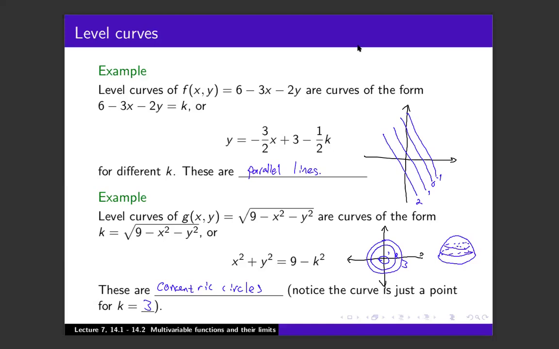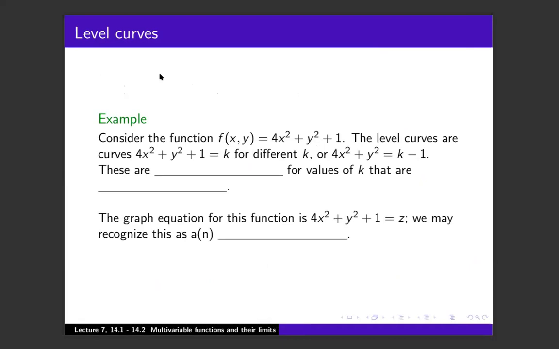Of k. In other words, that means 4x squared plus y squared equals k minus 1. Now we know what those are. Let's think about that for a little bit. You've got 4x squared plus y squared. Those are two square terms. They're both positive. They're equal to some constant. We know back from chapter 12 that these are ellipses. But they're only ellipses for values of k that are